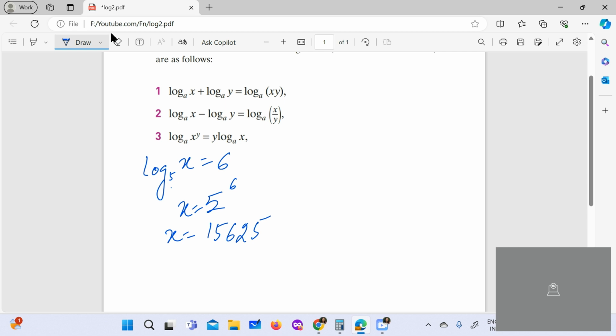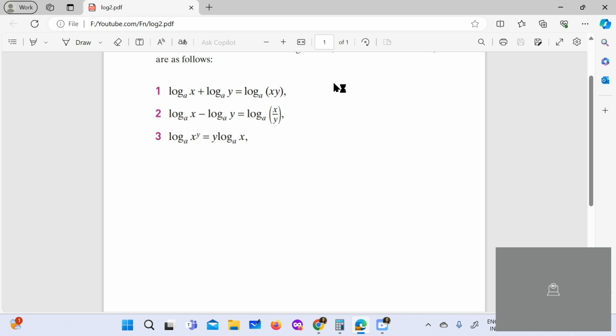Okay. So we can do some more questions. Let's see one more question of this kind. Log base 2 of b equals 5. So this is b equals 2 to the power of 5. So we know 2 to the power of 5. What will be the answer? b equals 2 to the power of 5 is simply 32, right? Okay, we will take another question.